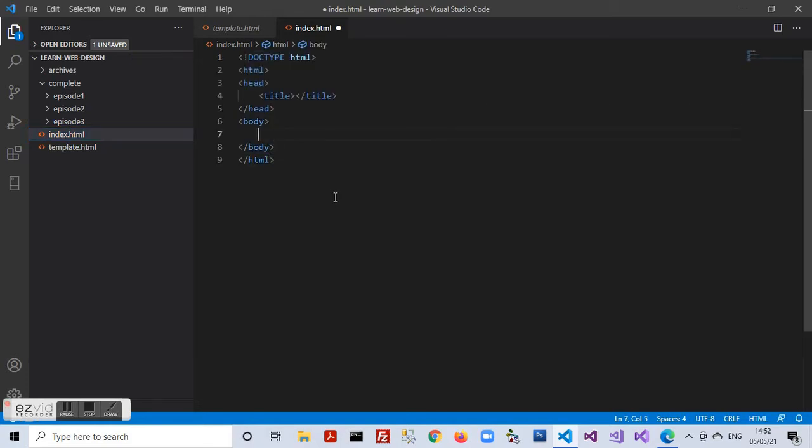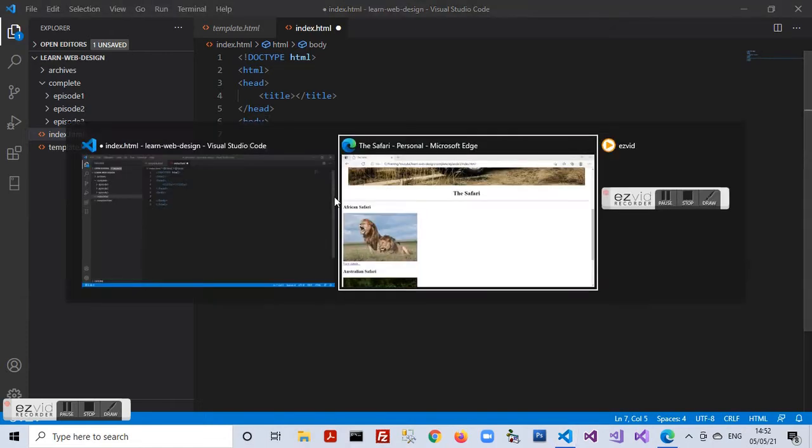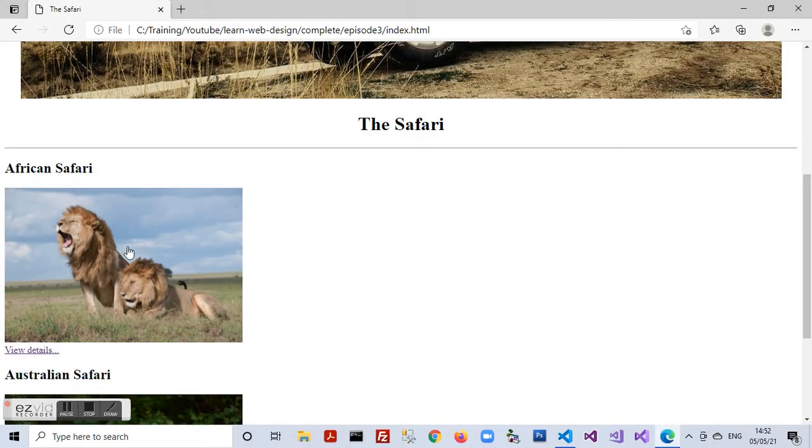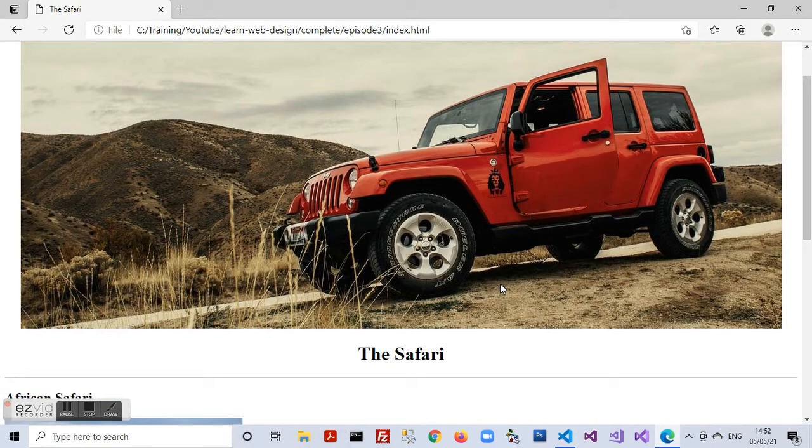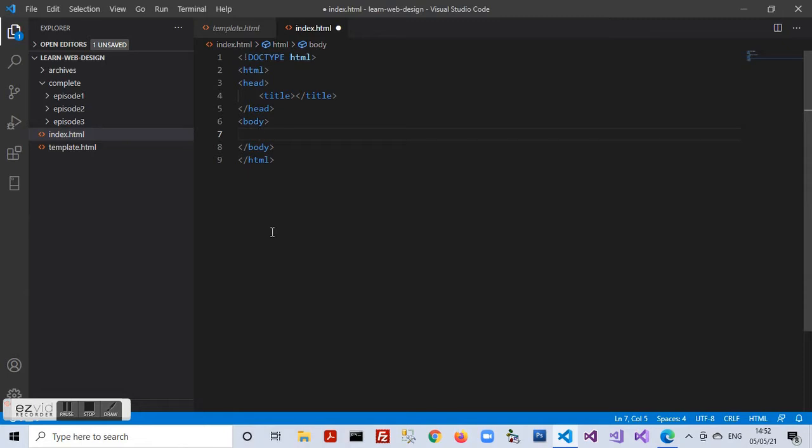So here we have the basic structure copied into the index.html page. Now we'll have a look at the completed website and see what actually goes into making the home page. So I see there is a top banner image. So I need an image tag. So I start off with the paragraph tag and I enclose the image within a paragraph.